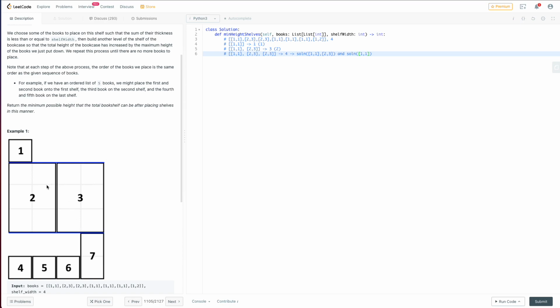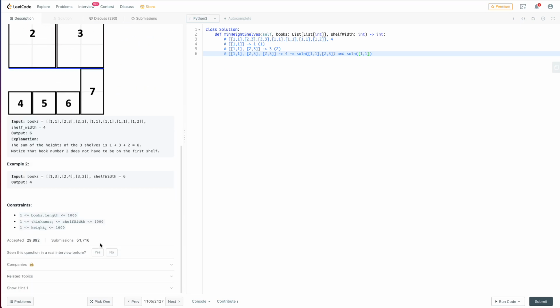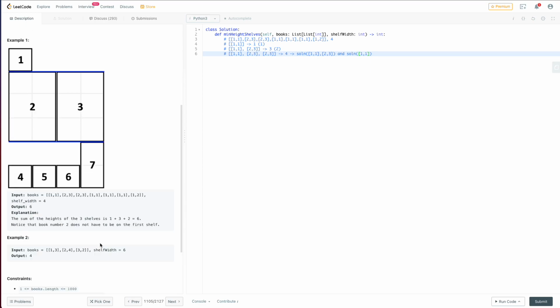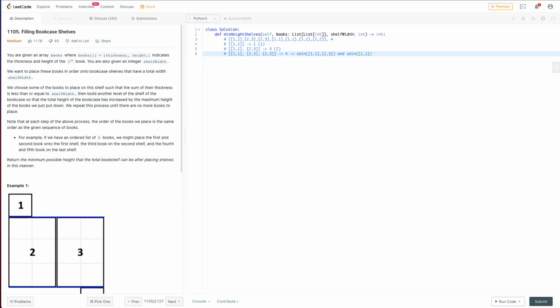But then the thing is, you don't really know how long the array is, so the more things you add in the second shelf, the sooner you might have to start the third shelf. Which is kind of the trade-off. So, and then there's 1,000 of these, so I guess